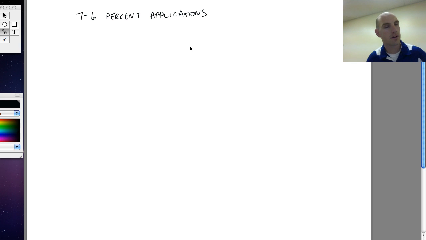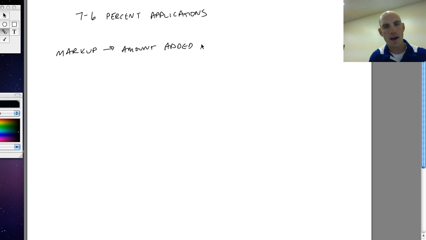The first couple of concepts that we need to learn about are markup and discount. Markup is a way that people who sell things or stores get money, because what they do is they take the price that it costs to produce an item, like a shirt, and they add some on top of it to cover their costs. So markup is an amount added to